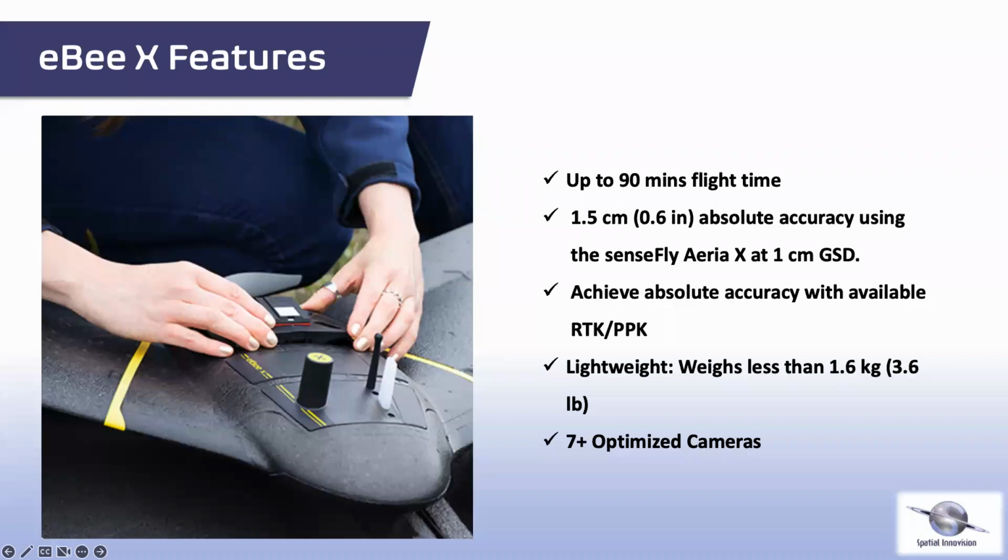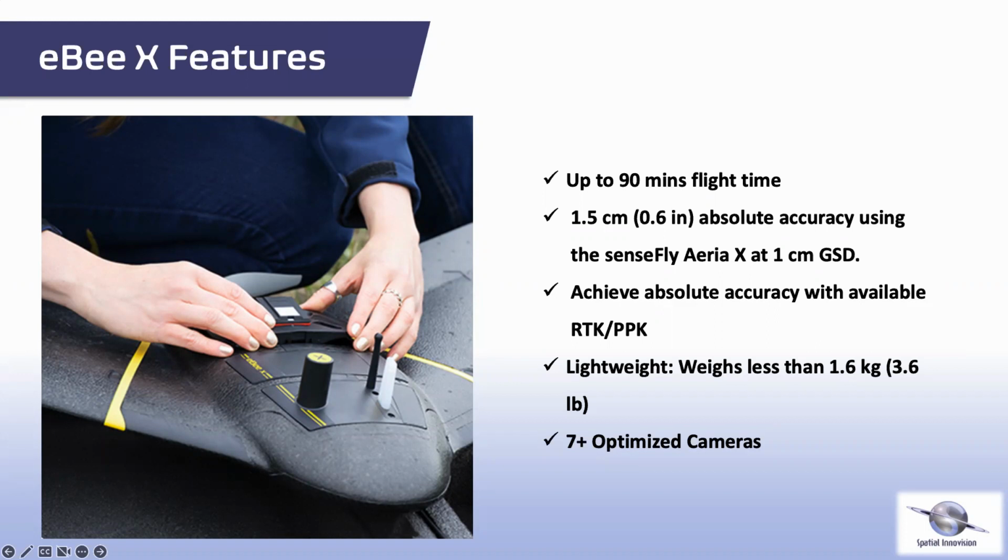AgEagle eBee X automates complex terrestrial surveying methods and enables professionals to act on valuable data insights while boosting their efficiency and safety. It will efficiently map up to 500 hectares, which is approximately 1,235 acres, while flying at 120 meters, approximately 400 feet. The eBee unlocks a maximum flight time of up to 90 minutes, making it the perfect drone